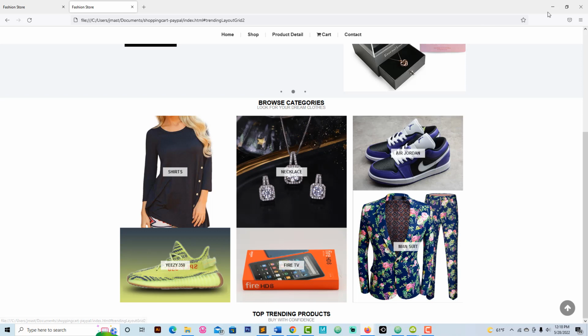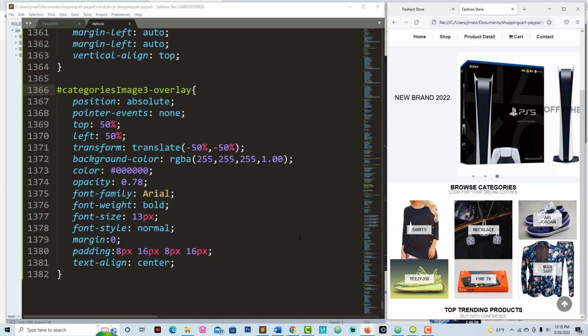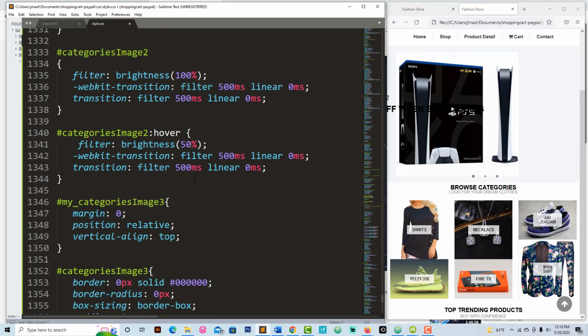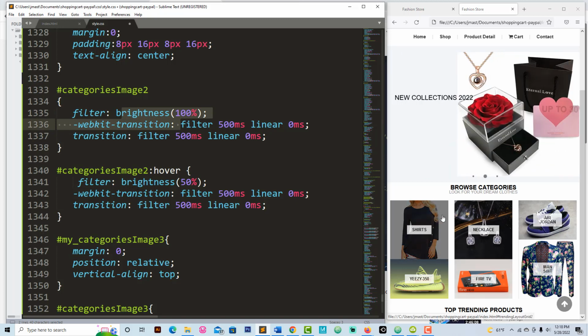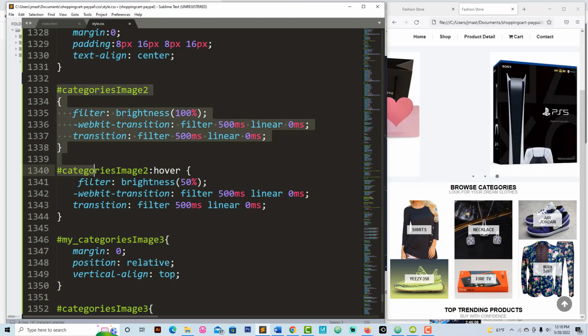Okay, now what is missing for the overlay? We need the color on top of this one. Next we can copy these last 2 blocks of code, because we need the brightness. When you put the cursor, you can see, you can change it. We can copy these 2 blocks of code right here